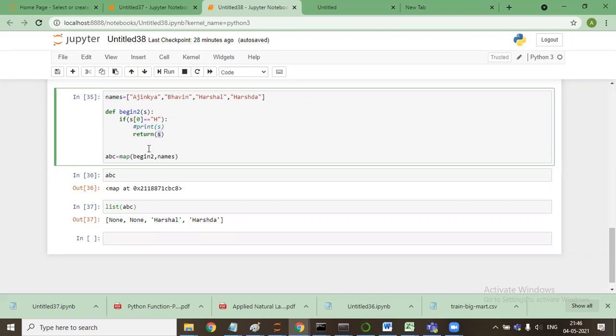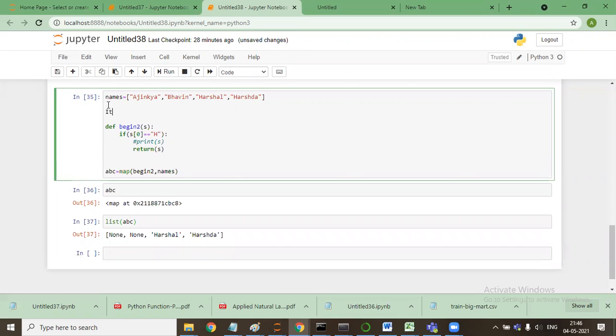So the thing that we need to remember is, whenever we use the map function, the definition itself says that map is used when a function needs to be applied on every element of a list.